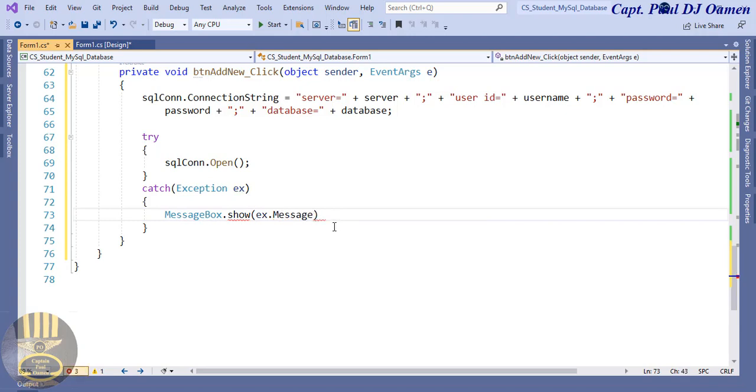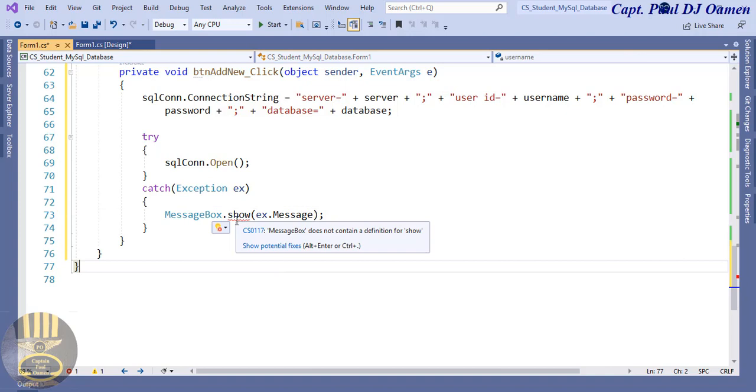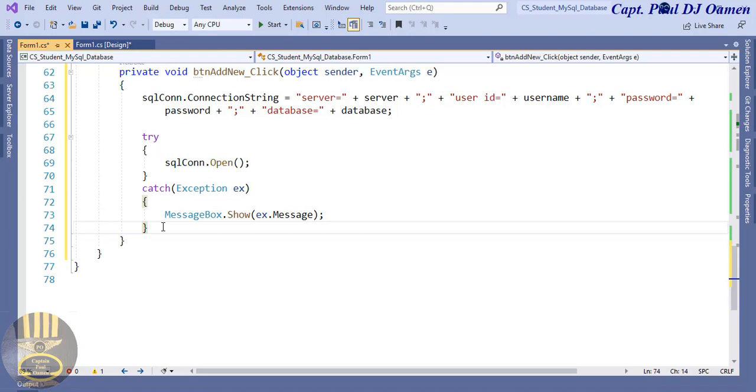So if there's any error, the system will officially generate a warning for us. So that is fine. Okay, so why do we have this? Right, the show must be uppercase. Alright, that's fine. Then let's say finally